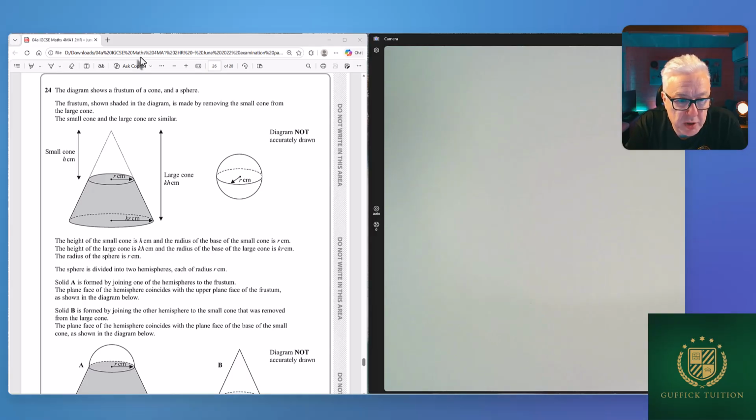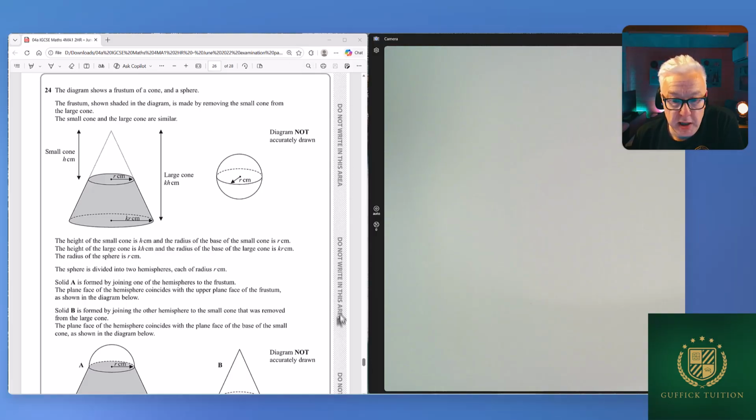The height of the small cone is h and the radius of the base of the small cone is r. The height of the large cone is k times h and the radius of the base of the large cone is k times r. The radius of the sphere is r. The sphere is divided into two hemispheres, each of radius r. Solid A is formed by joining one of the hemispheres to the frustum. The plane face of the hemisphere coincides with the upper plane face of the frustum as shown in the diagram